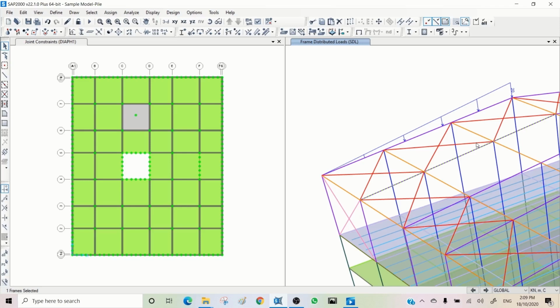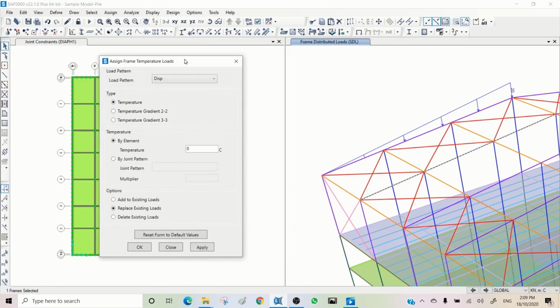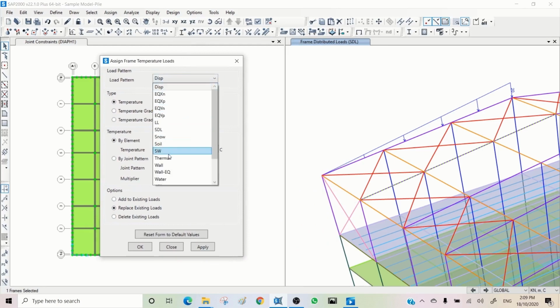So if, for example, the time of construction is 10 degrees and the hottest one is 30 degrees and the coldest one is, for example, 0, then you have a minus 10 one side and plus 20 another side. So you may apply both of them. What options we have here, if I come to assign frame temperature load, I can choose the relevant load pattern,